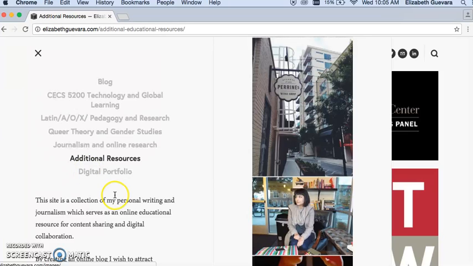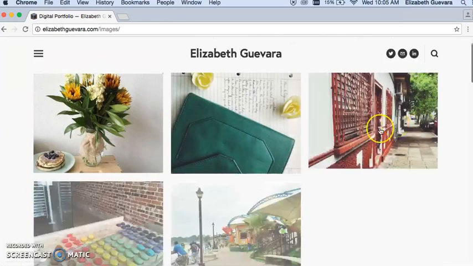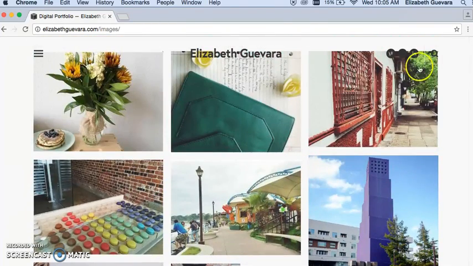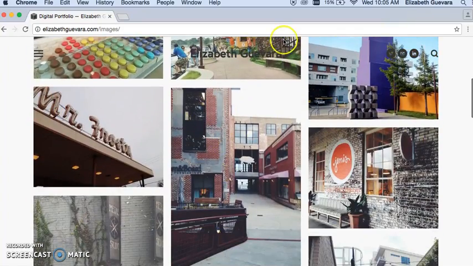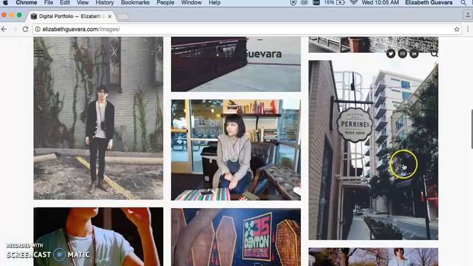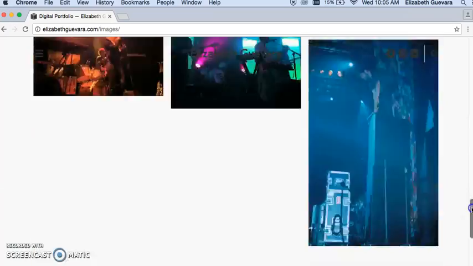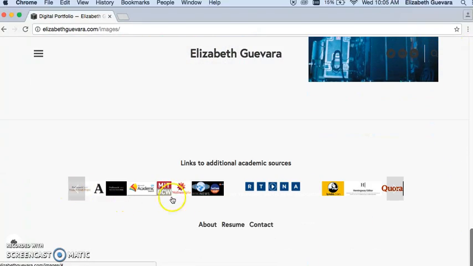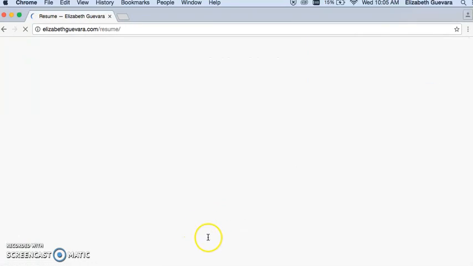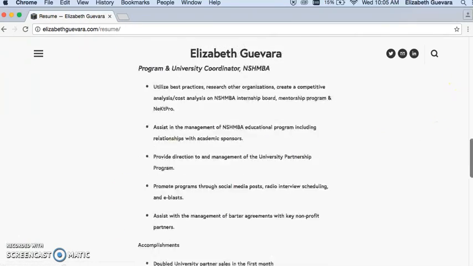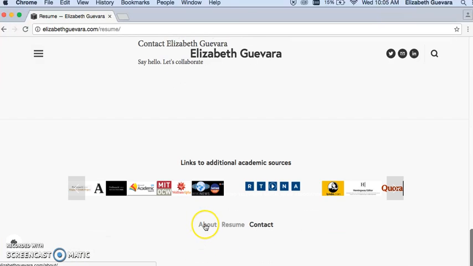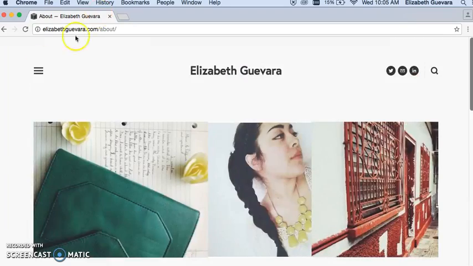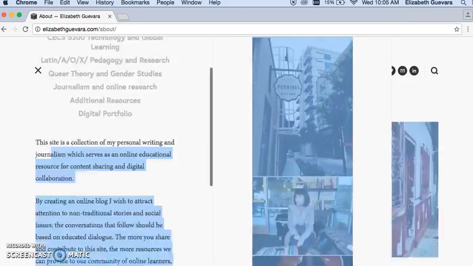The digital portfolio is just a collection of photographs and creative work from different parts of the country. As you'll see in some of my blog posts, I write about Central America, or I write about Latin identity. So these are all photographs that are associated to those postings. We also made it easy for people to toggle into academic resources. My resume, which gives me credibility to speak about the topics that are being discussed, and About Me, which just gives a brief overview as to who I am, and further supports what I've written here, which is the intention